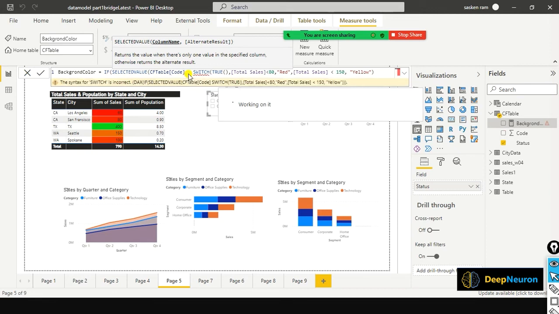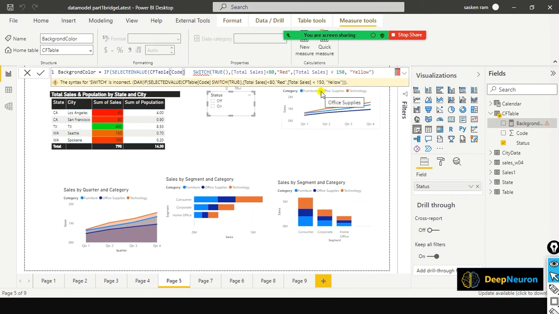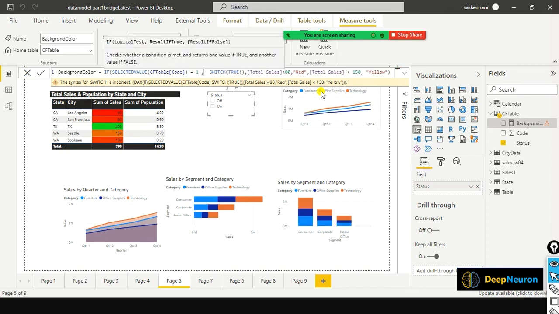Wait, here somehow I pressed enter. It is trying to exit. It will throw an error. Don't worry. See here, what I am going to do is, if the table column code is equal to 1, then use this logic, comma, use this logic. So now we don't see any error, right? So what I am trying to say is,